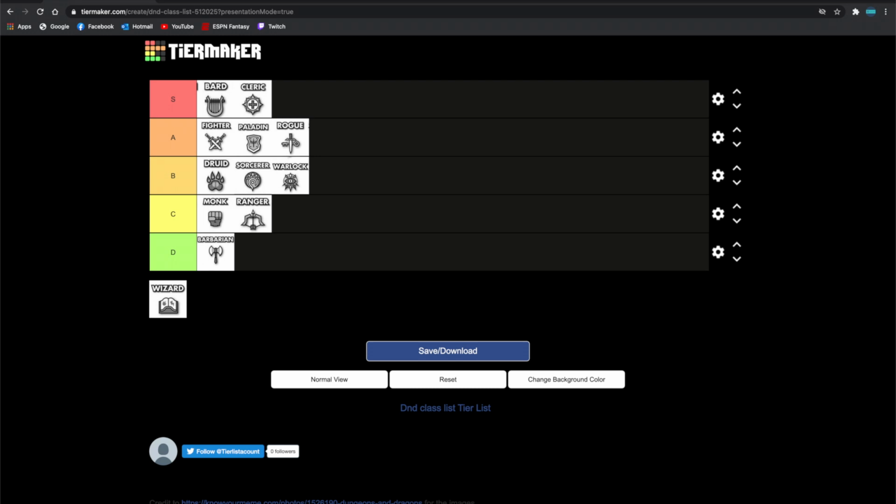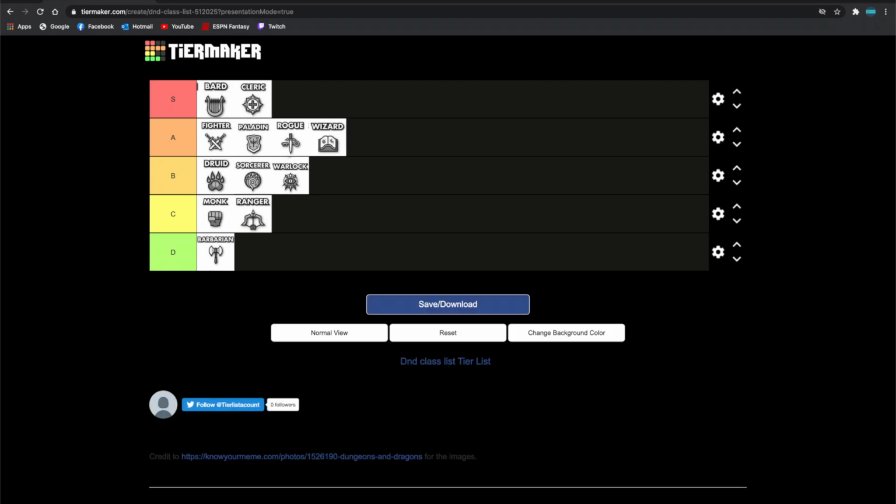And finally, we have the wizard. So the wizard is getting ranked in the A tier. It's a little bit tough to not put it in S tier because of how versatile the spells are and how powerful the abilities are that the wizard gets. That being said, though, the wizard kind of gets their spells and no other class features, similar to the sorcerer that way. So the wizard is very reliant on what subclass you choose for any other abilities other